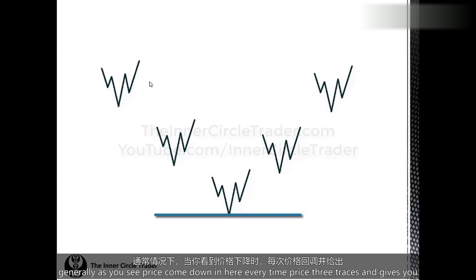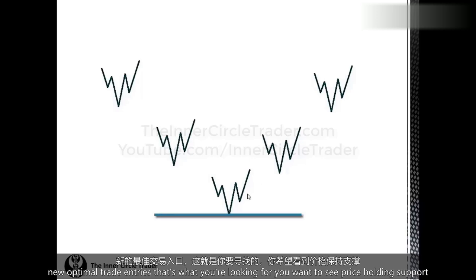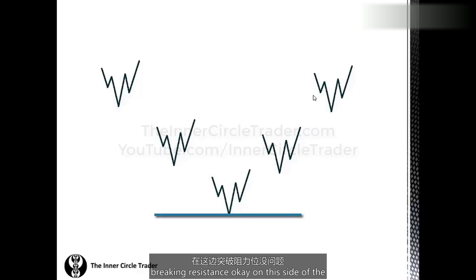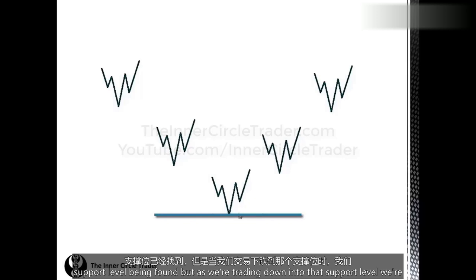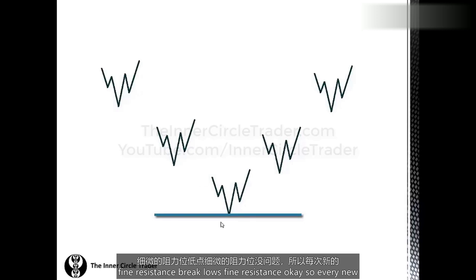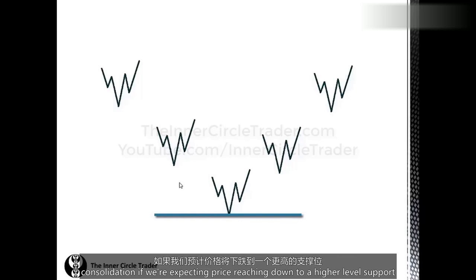But generally, as you see price come down in here, every time price retraces and gives you new optimal trade entries, that's what you're looking for. You want to see price holding support, breaking resistance, on this side of the support level being found. But as we're trading down into that support level, we're anticipating market structure to break lows and then find resistance. Break lows, find resistance. Okay, so every new consolidation, if we're expecting price reaching down to our higher level support level,